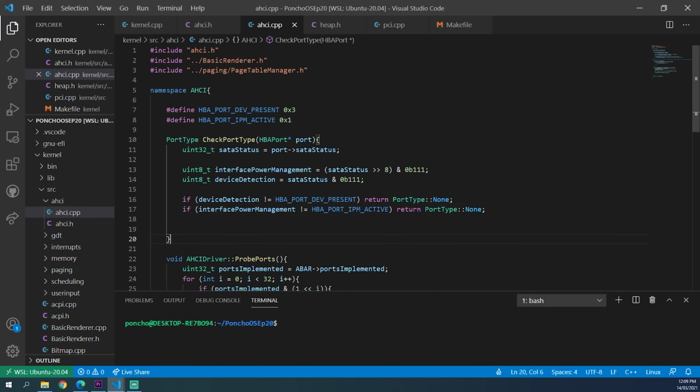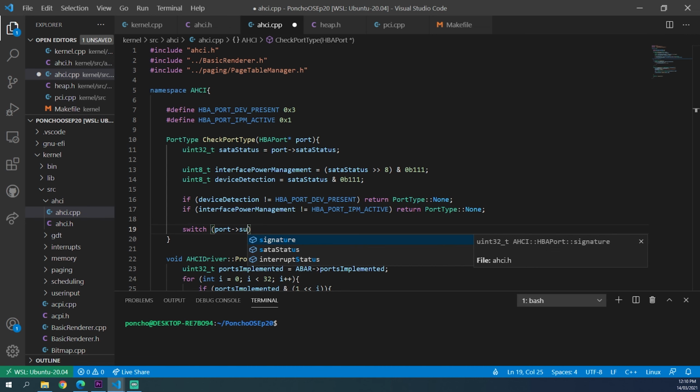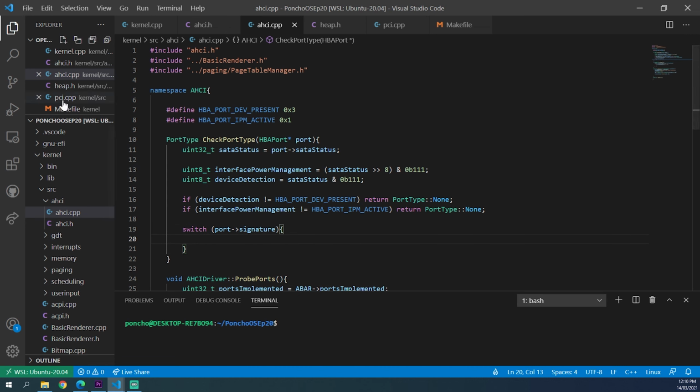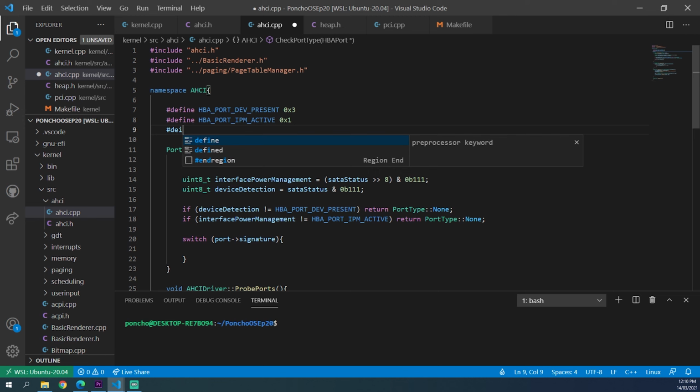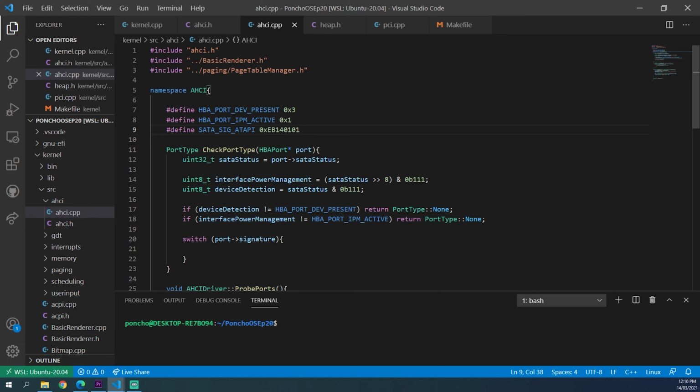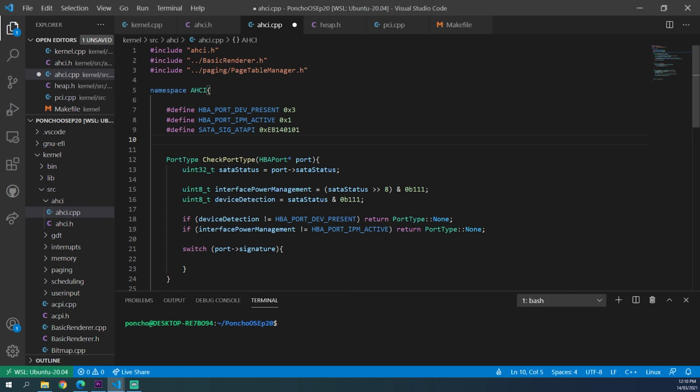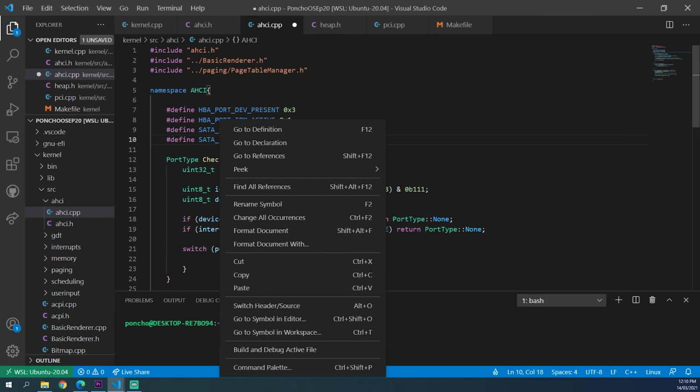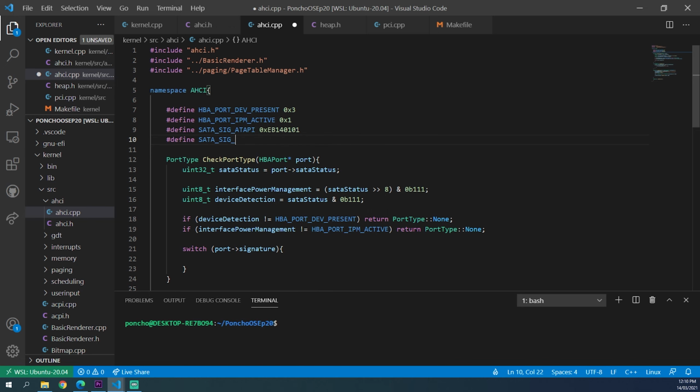Right, now we need to check the signature of the port to find out which sort of port it is. So switch port signature, and we can create a few more defines. So the first one is define SATA_SIGNATURE_ATAPI, and this is a value of 0xEB140101. The next one we need to do is the signature for ATA, so define SATA_SIGNATURE_ATA,